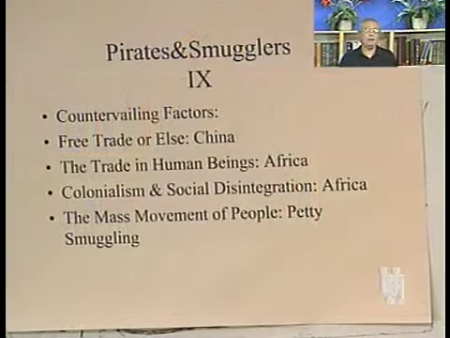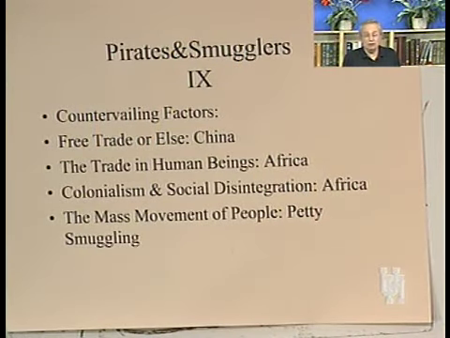What those enforcements of free trade ideas will do, and we'll see there's a lot more to it than simple principles of free trade, but what England's activities in China will do in terms of promoting free trade will actually encourage the drug trade in China, indeed cause it to flourish in this period in the 19th century,